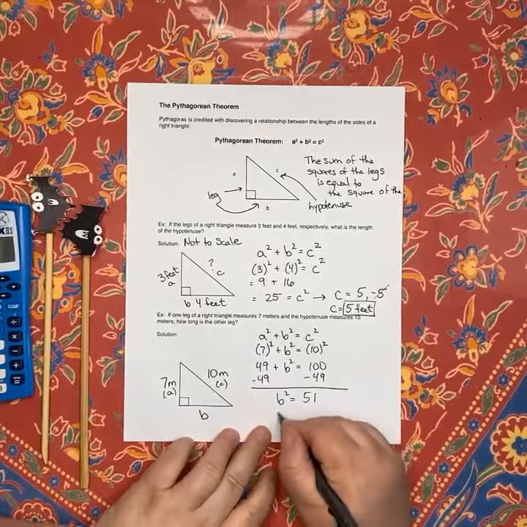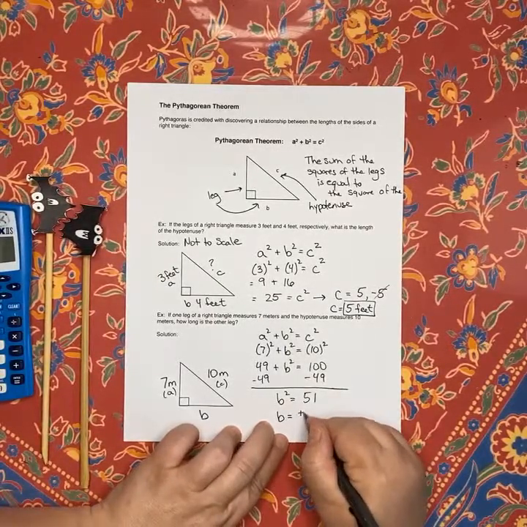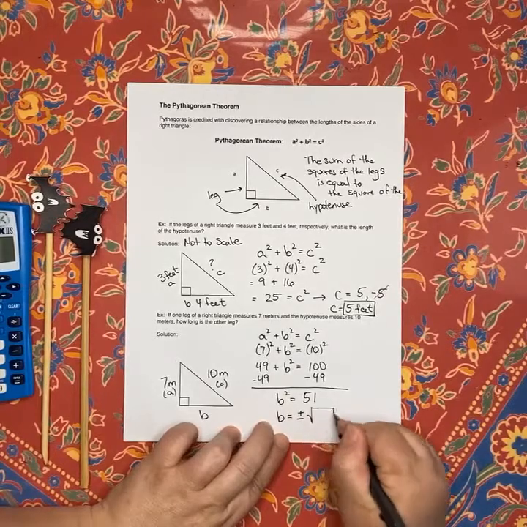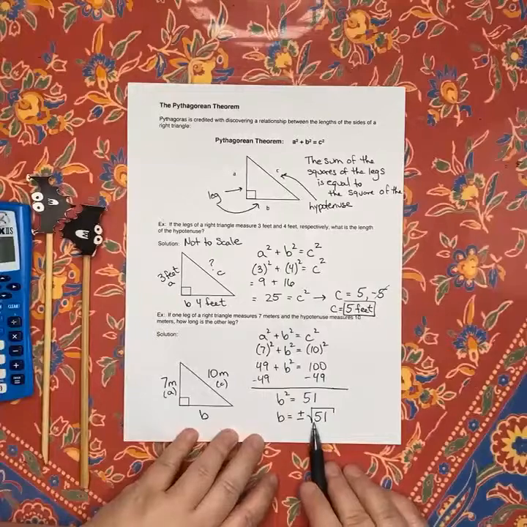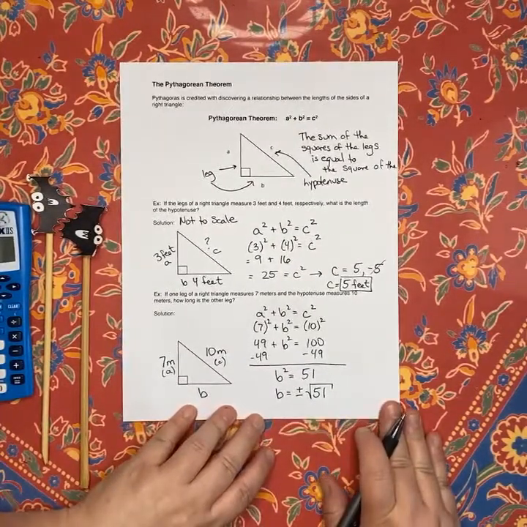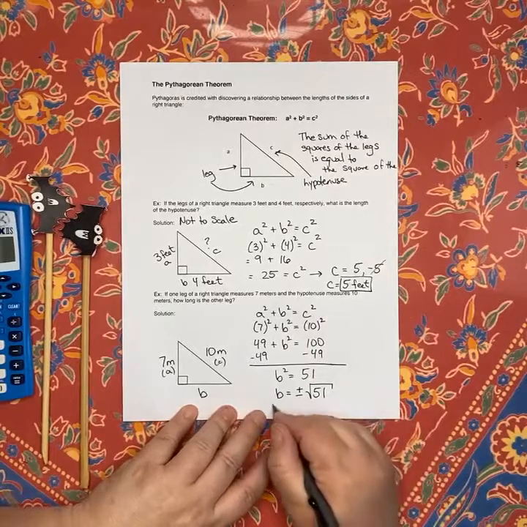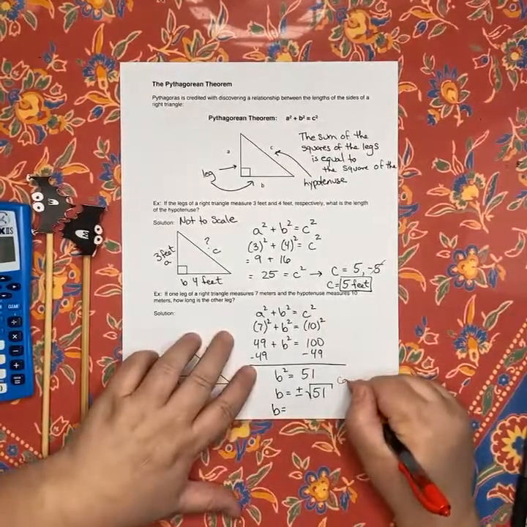So when I look at what B is, I can either look at plus or minus, or I can simply look at the positive. But I've got radical 51. Now, it could be that the answer your problem is looking for, because we know that it can't be negative,